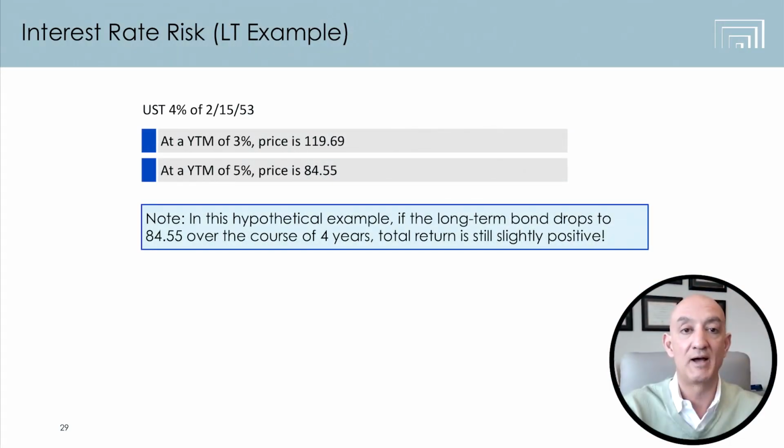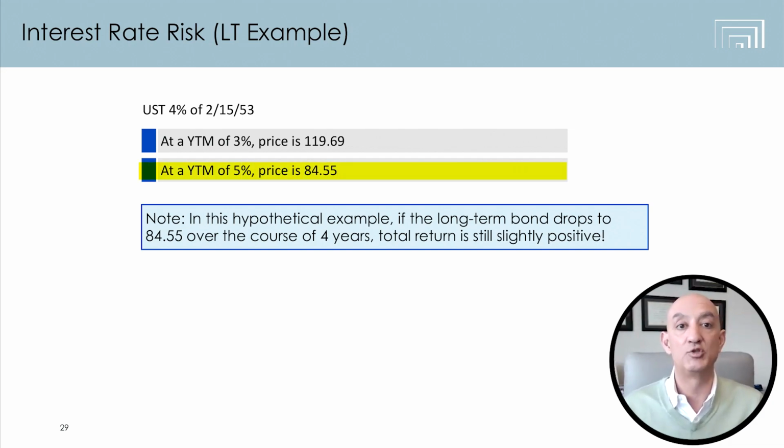Now let's talk about the 30-year bond. Now let's say you bought a bond and you locked in that 4% coupon. So you paid $1,000, you're getting $40 a year in interest for 30 years. And let's say again, for the sake of this example, that interest rates all of a sudden go up and the interest rate on the 30-year bond has gone up to 5%. Now, no one's going to come and pay you 100 cents on the dollar for your bond that's paying $40 a coupon every year, where they can go elsewhere and get $50 a year in interest.